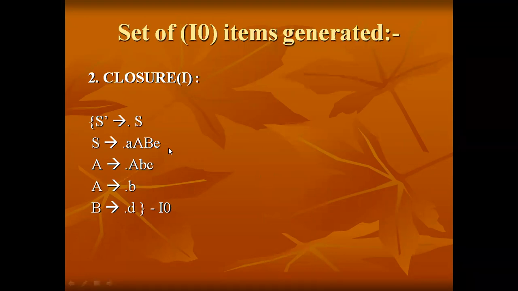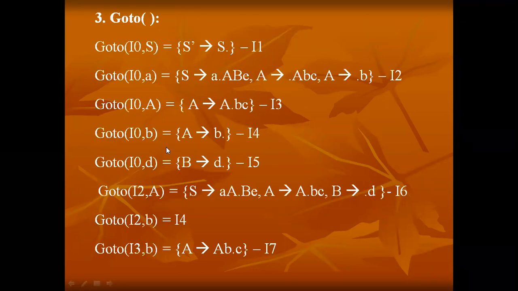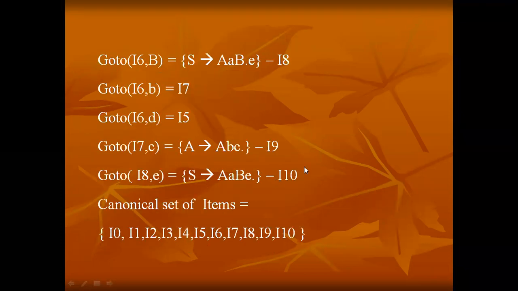And after performing the goto functions, when the dot is ended, in which item does the dot end for this production rule? Do you get my question? After performing some goto functions, when it gets ended, see here at item number 10,